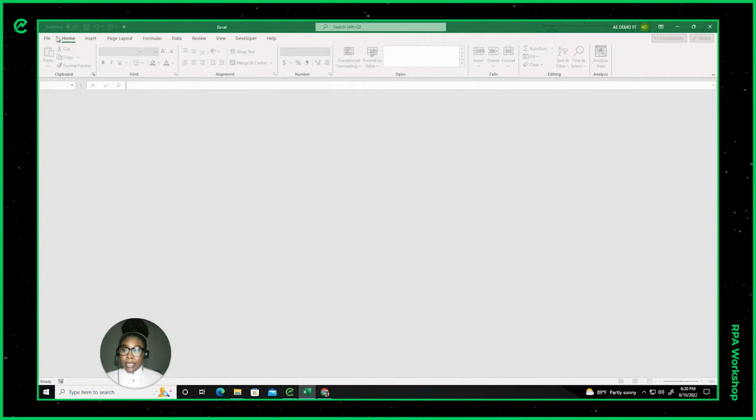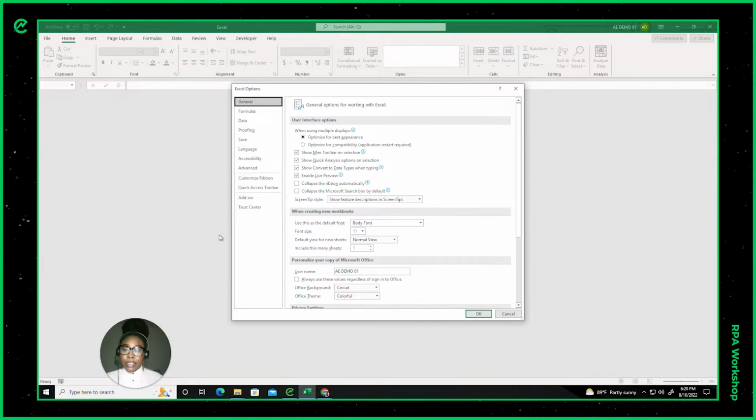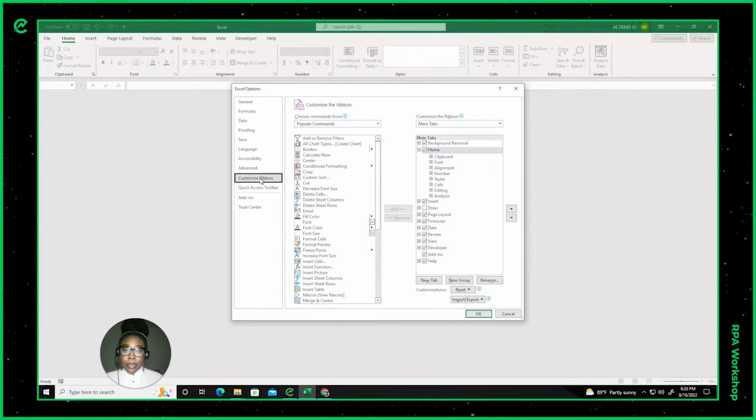Alright, so inside of Excel, you want to ensure that some of the features and functionalities that you need for this process are enabled. So inside of your options, we're going to go into Customize a ribbon, and you're going to want to ensure that the developer ribbon is checked. This will ensure that you're able to see that developer tab at the top, which is where your macros will